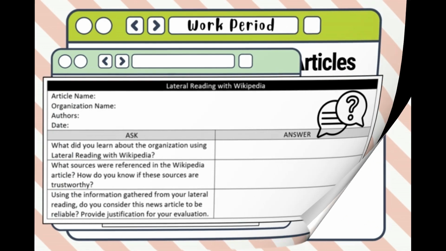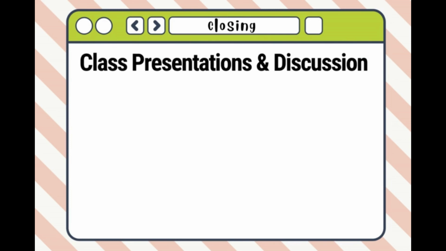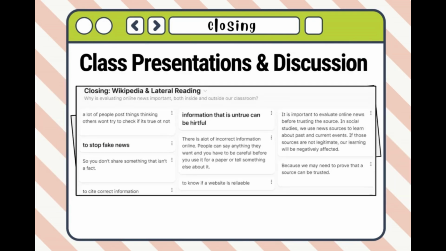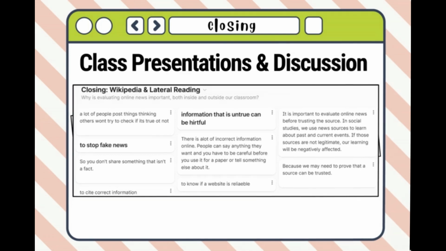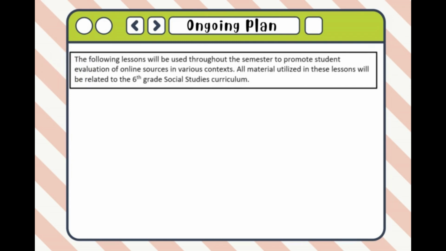In the lesson closing, students presented their findings for their assigned news article and reviewed the process they used for examination. Students used a Padlet to respond to the question of why evaluating online news is important both inside and outside of our classroom. This lesson is part of an ongoing plan for students to expand their ability to critically